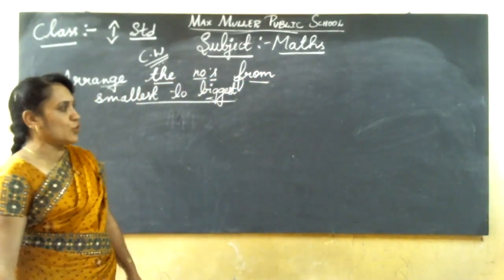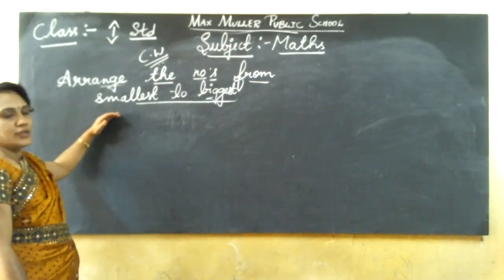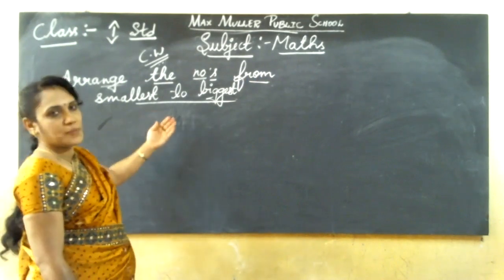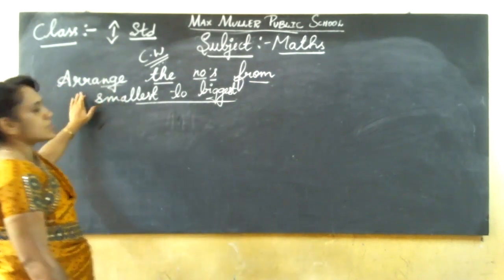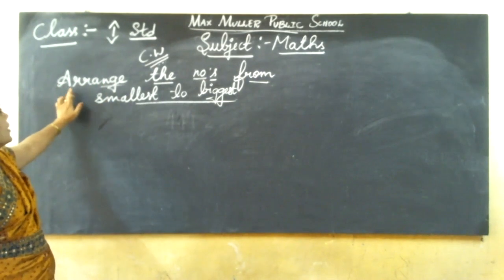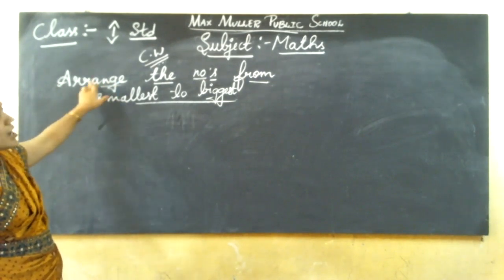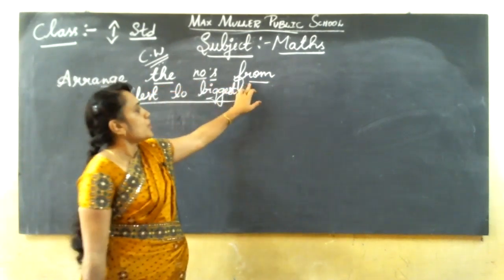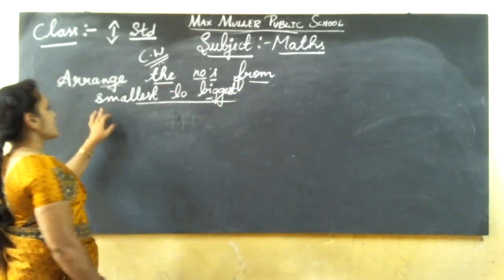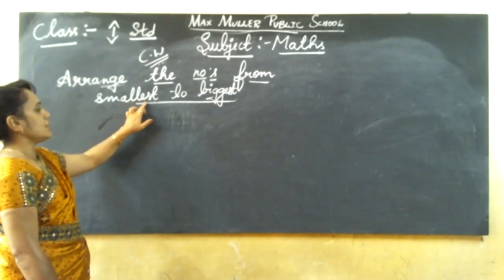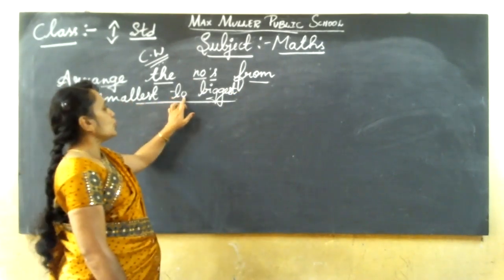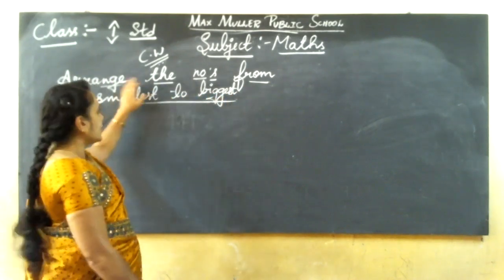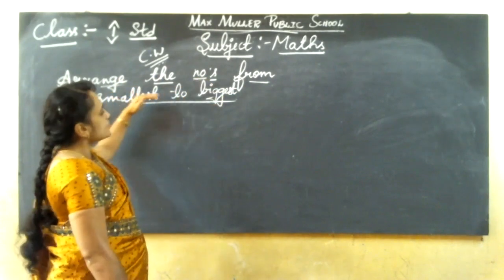Okay. Open the Max classwork. What you have written up to now, between numbers and up to tables. Next, turn the page. Keep ready the fresh page. Start today's heading. I'll read the heading again. A-R-R-A-N-G-E, arrange, T-H-E the numbers, F-R-O-M from, S-M-A-L-L-E-S-T smallest, T-O to, B-I-G-G-E-S-T biggest. Arrange the numbers from smallest to biggest.